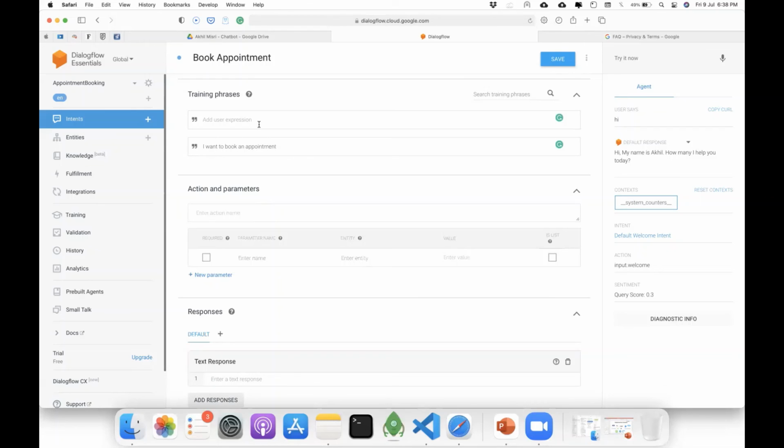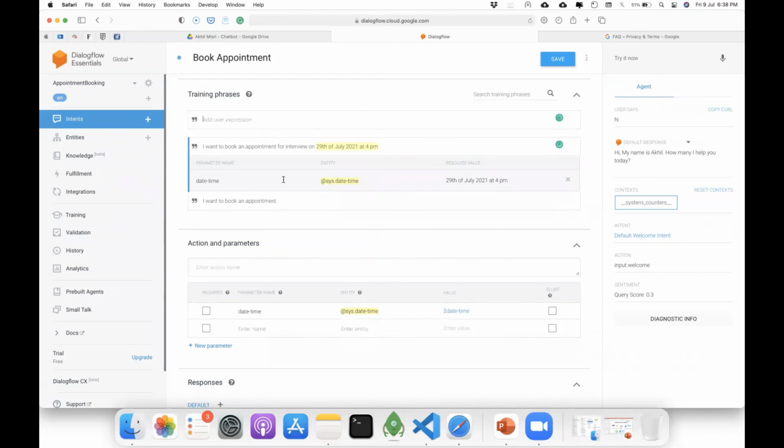So what I do is I say I want to book an appointment for interview on 29th of July 2021 at 4 p.m. So if you notice here, it automatically understood that 29 July 2021 at 4 p.m. is a date and time.